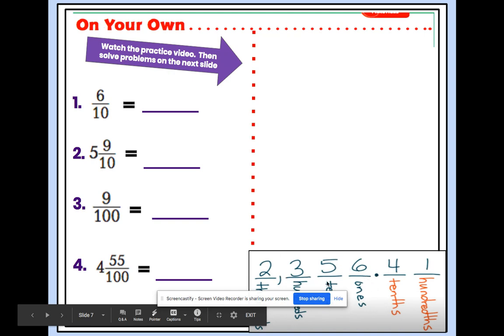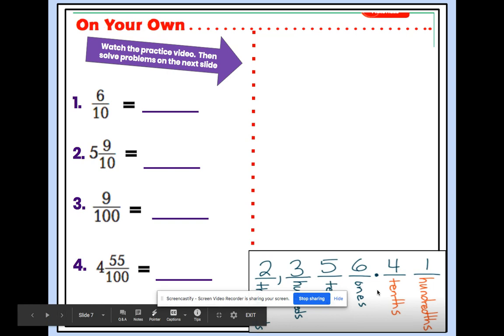So we have ones, tens, hundreds, thousands. To the right of your ones place is your decimal. So everything to the left of that decimal point is a whole number. Okay. Then when we move to the right, these places are less than one. So these are our fractional parts of our place value chart. So I'm just going to leave this here for you to refer back to this slide if you need help